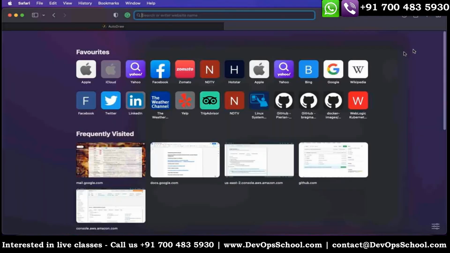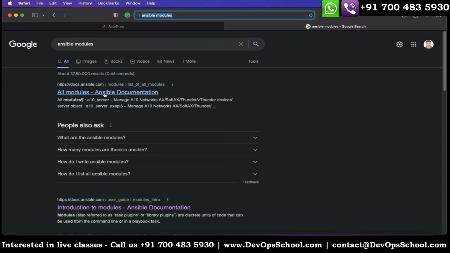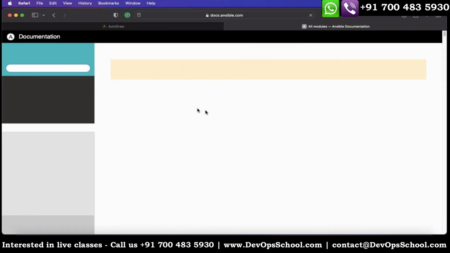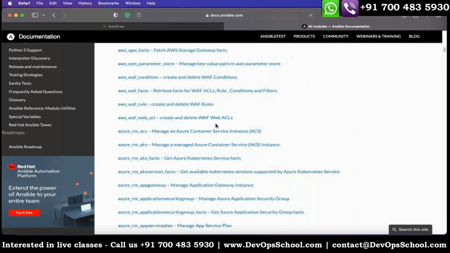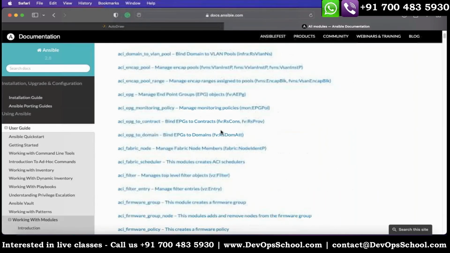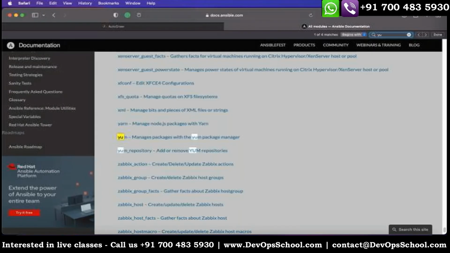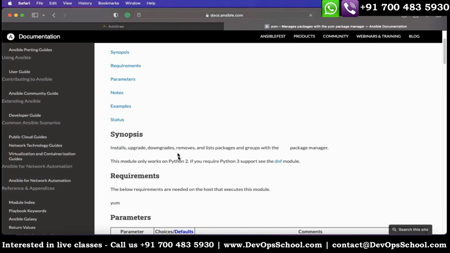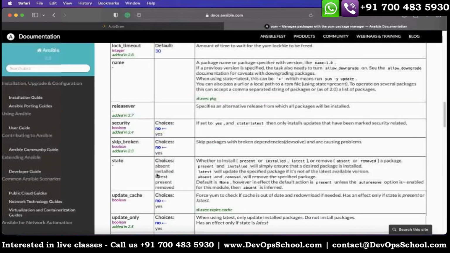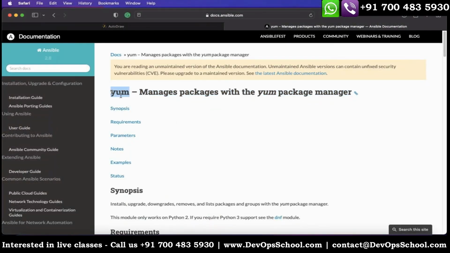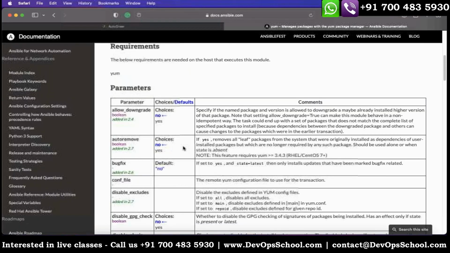If I search for Ansible modules, you will see docs.ansible.com, which has all the official documentation. You will see that Ansible provides lots of modules by default. But how do we use them? Let's say you want to install a package, so you will use yum. I am just searching for yum, and you will notice that the yum module is provided by default by Ansible. In the back end, it has one .py file, a Python file, in which they have mentioned what will happen